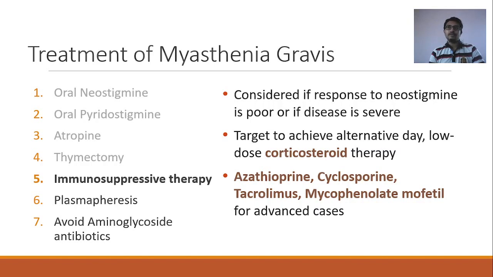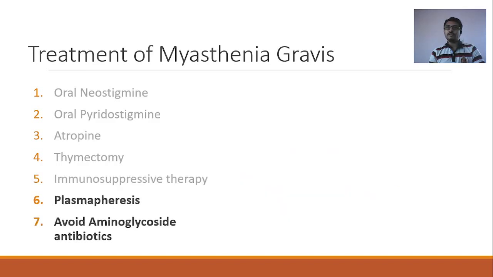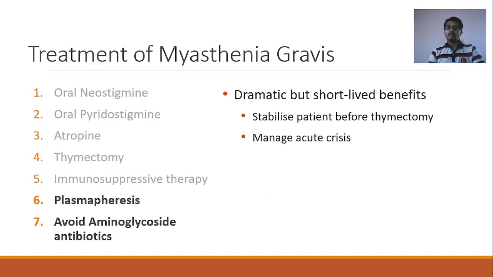Okay, again, this is not the first line drug for management. Next is plasmapheresis. What happens in plasmapheresis? We take out the autoantibodies from the plasma and we return the plasma back to the patient. So this is a